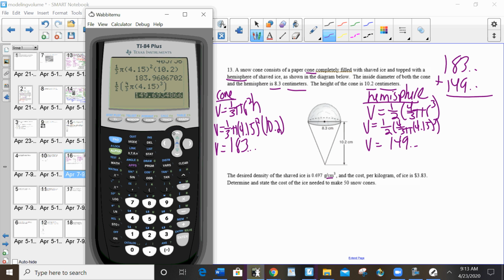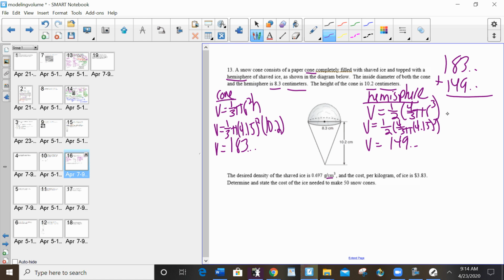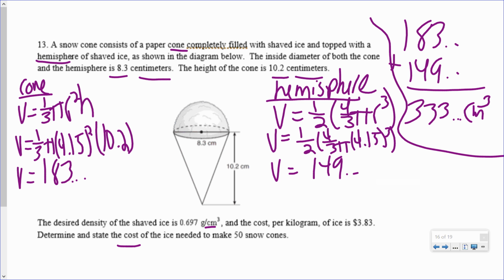I'm going to copy and paste what I have in here. And I got 333 dot dot dot. And my unit is cubic centimeters. So it never asked me for the volume, but I know my procedure to find cost or mass or weight or whatever is to start by finding the volume. So now that I have the 333, the volume,